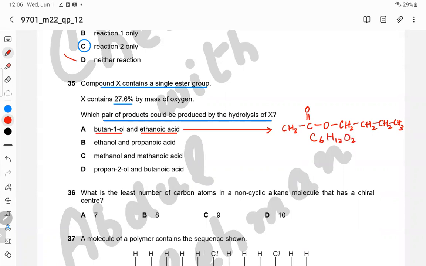C6H12O2। काउंट कर लीजिए कार्बन और हाइड्रोजन। जी, यहाँ तक किसी को कोई कंफ्यूजन है तो प्लीज पूछिए।